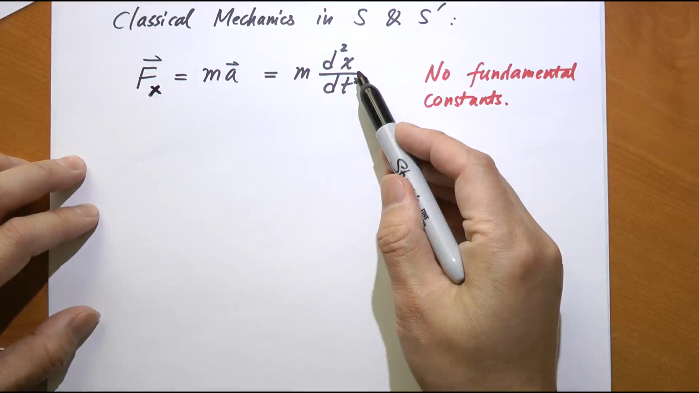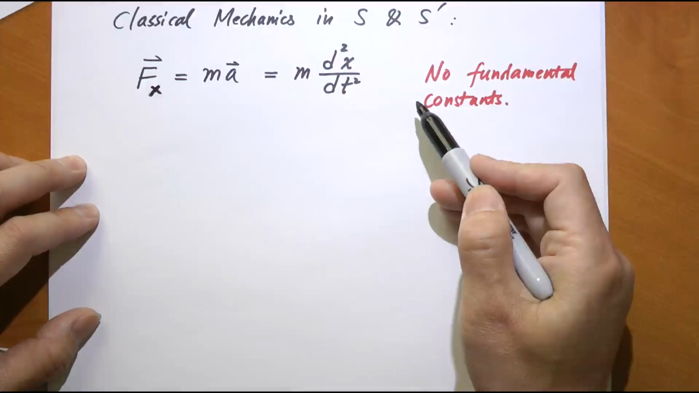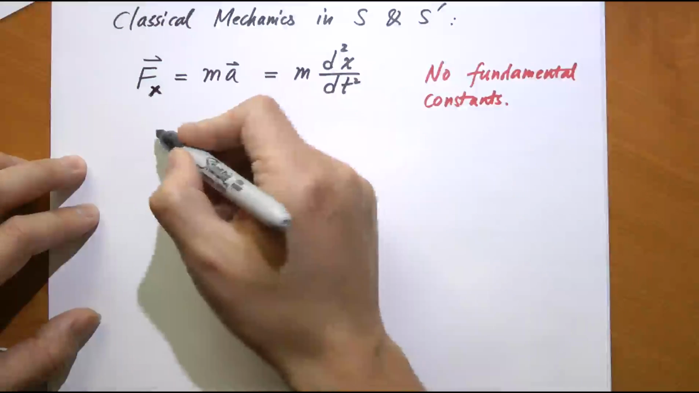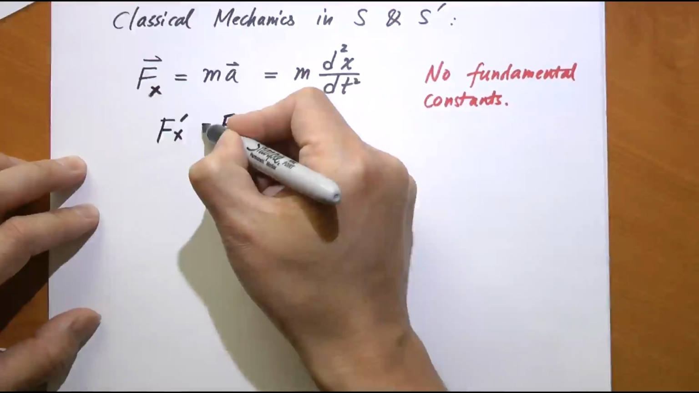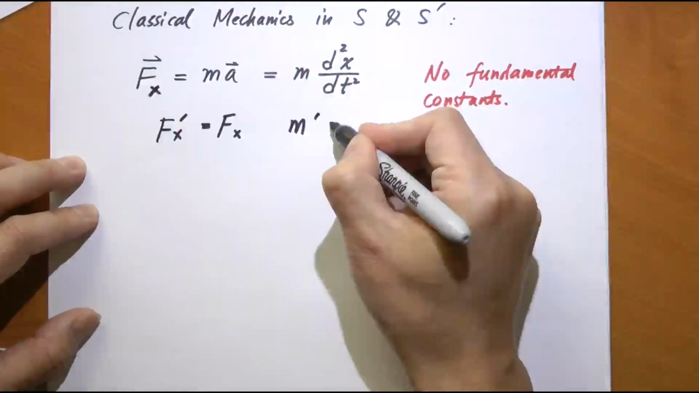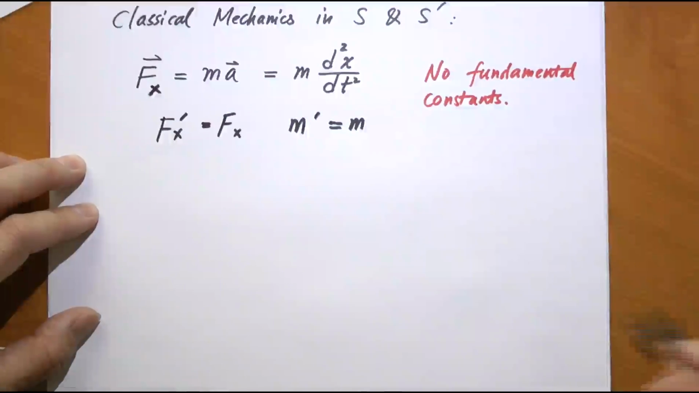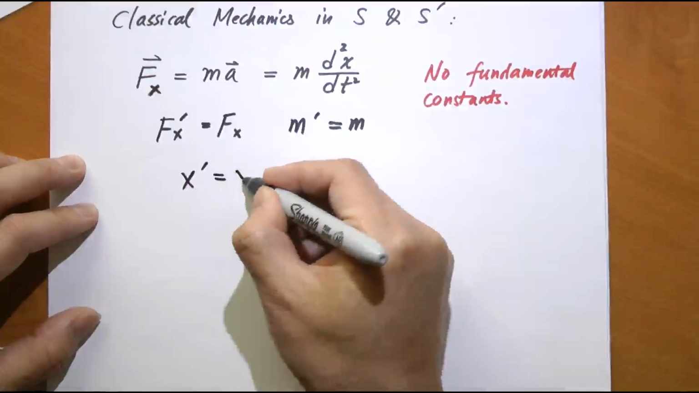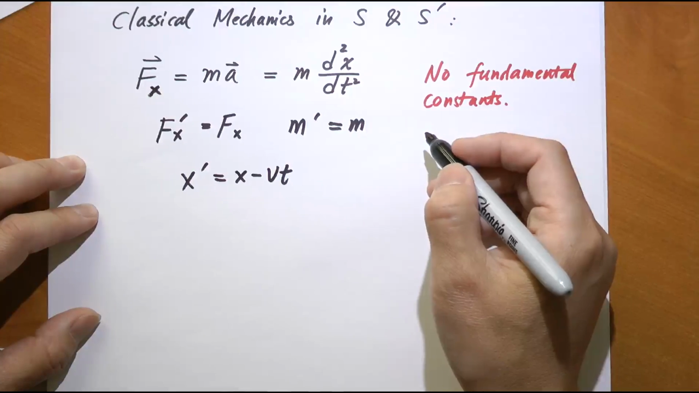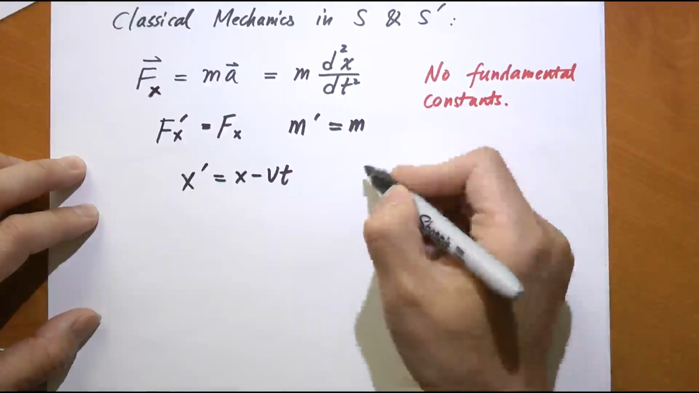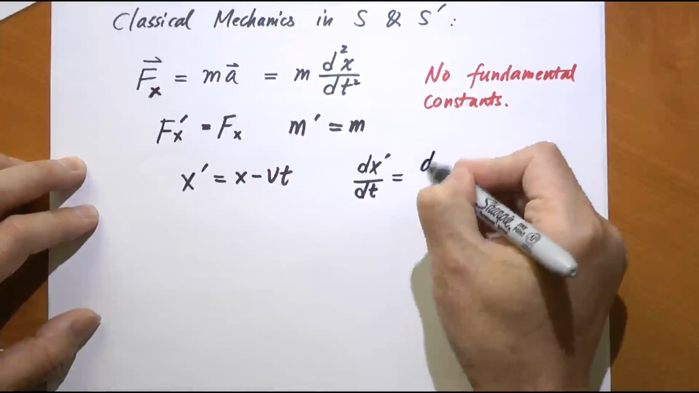Now, we can easily find that Newton's second law is valid in both reference frames because we assume that Fx prime equals Fx, or the force is the same no matter who's measuring it, right? The mass is the same, m prime equals m. All these things go without saying. There is a difference between x and x prime, but we're not going to be too concerned about that because x prime is equal to x minus vt, as you know. And if you take the first derivative, you're going to get dx prime/dt equals dx/dt